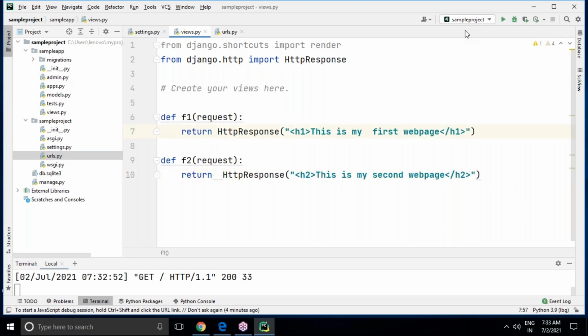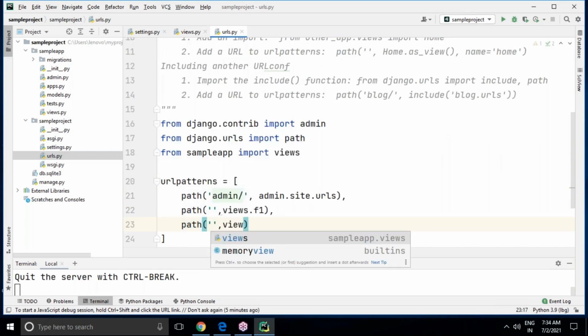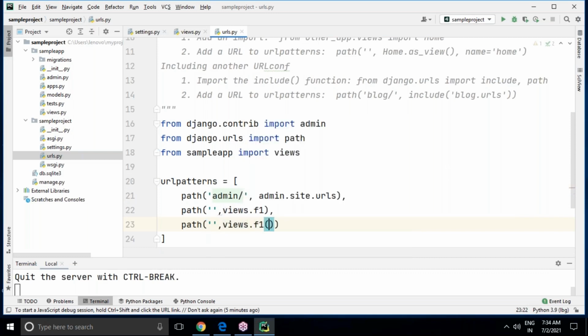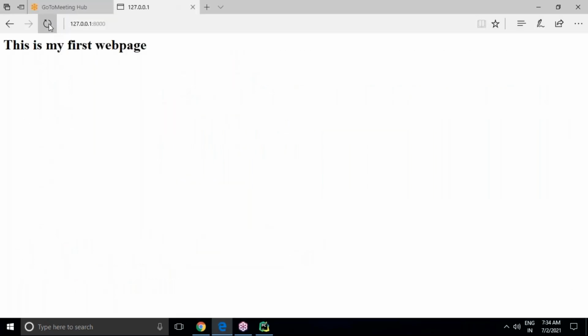I forgot. So look here, what views are there? Two views are available right now, f1 and f2. But did you add the f1 and f2 views in urls.py? No. So we have to add them here. How to do it? Path, then views.f2. There is one more view, f2, so this also has to be added. We have two views available, but which view is targeted first by default when we execute this server? First view only. Yes, sir, the first view.